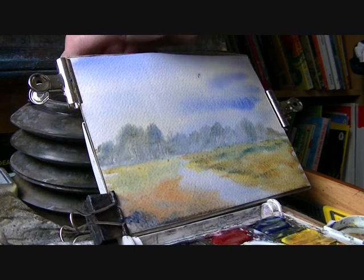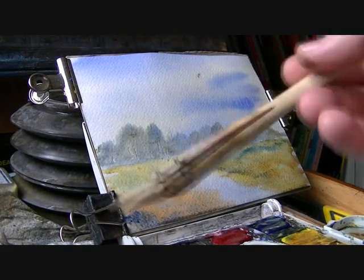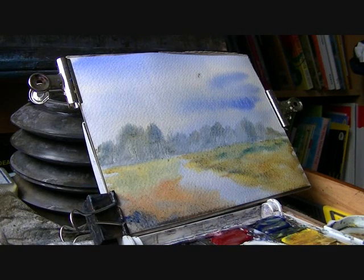And I'm going to clean the brush. And I might just put that path in now. So for this, I don't want too much water on there. Fairly dry. And generally that sort of colour. I mean, if we look